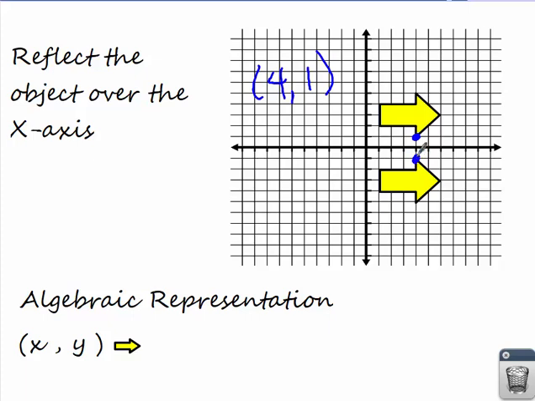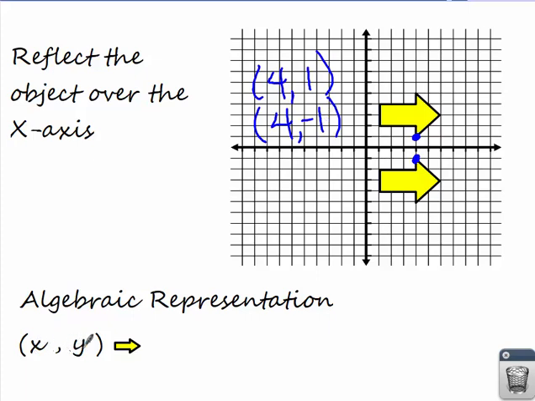So I'm looking at that point. This point right here was the one I started with, and this is its corresponding part on the reflected image. So what is that coordinate? That coordinate is 4, -1. So what happened? Our x value stayed the same, but our y value turned to its opposite. So we've got to remember and understand that when we're writing the algebraic